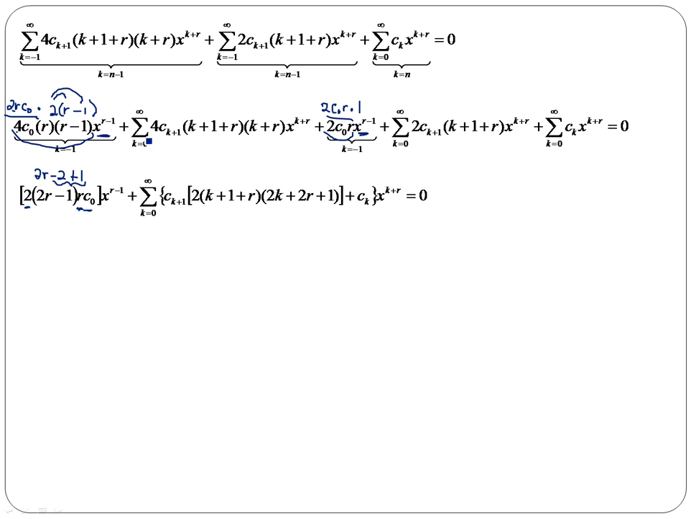Now on my summations, because I have the same limits at the bottom and the top, I can also factor. I can combine these. I'm factoring out the x to the k plus r. That's my x to the k plus r. And here I have a k plus 1 term and another k plus 1 term. So these are like terms. And then I have my k term. This is my k term. That's this one up here. And then for my c k plus 1,